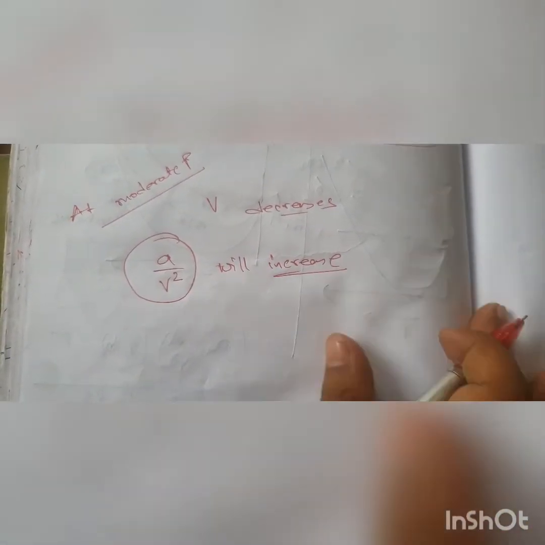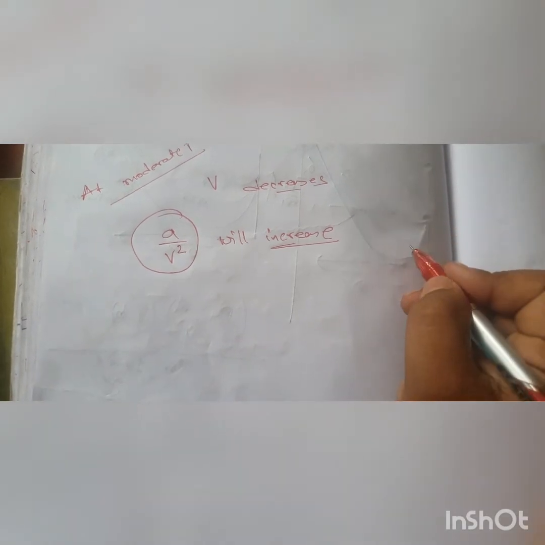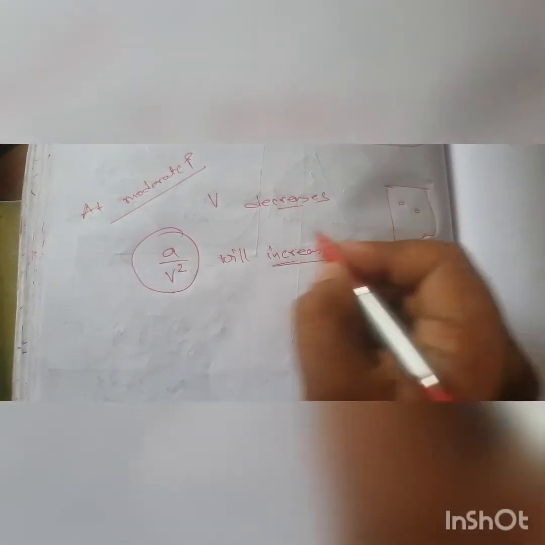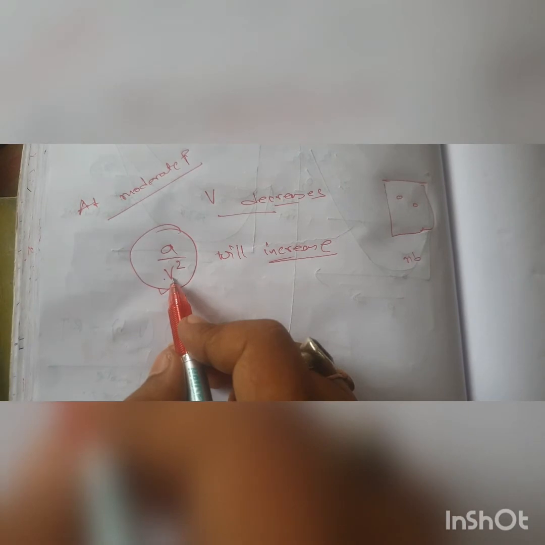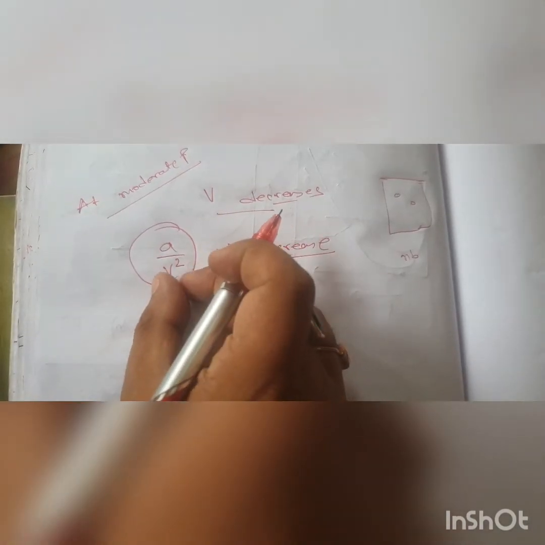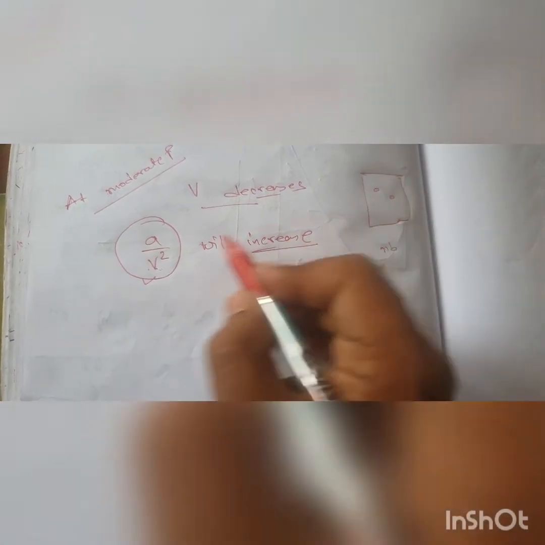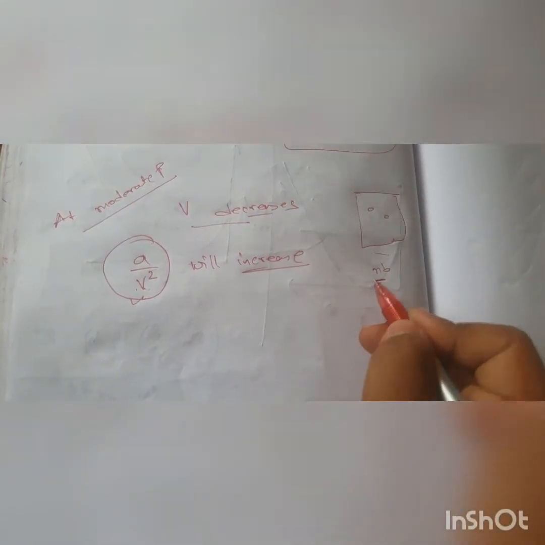What nonsense, huh? It will not become negligible now. So that is one more thing. However, V is still large enough to neglect the NB, because at moderate pressures, you cannot explain this because it is V square. V decreases, V becomes small, it will become much smaller, and then the fraction will become very big, my dear. So you cannot neglect this. But still V is this much that you can neglect a little bit NB.